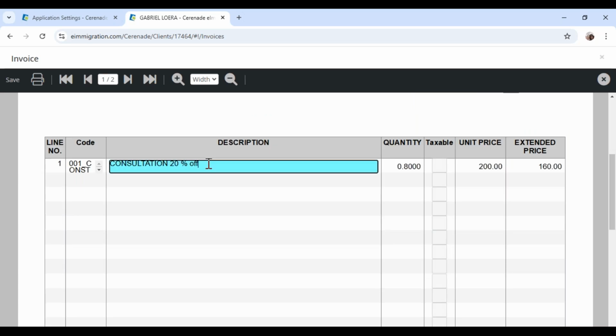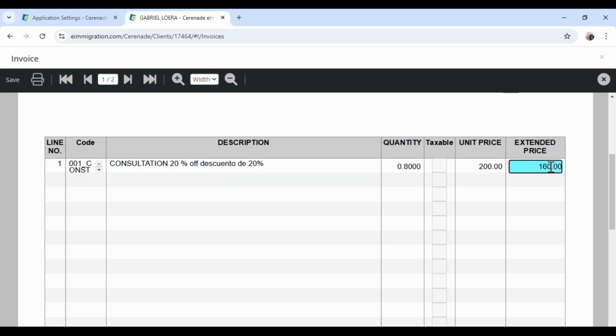You can modify the description. For example, I can put here something like "descuento del 20%." I can add more to the description. What I cannot do is change the quantity. It's not letting me. If I needed to modify this and say it wasn't 20, but 15%,